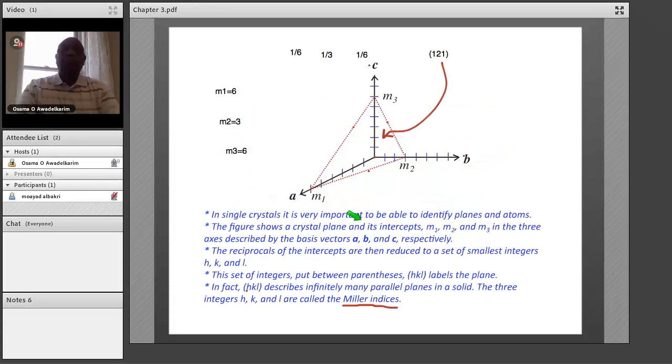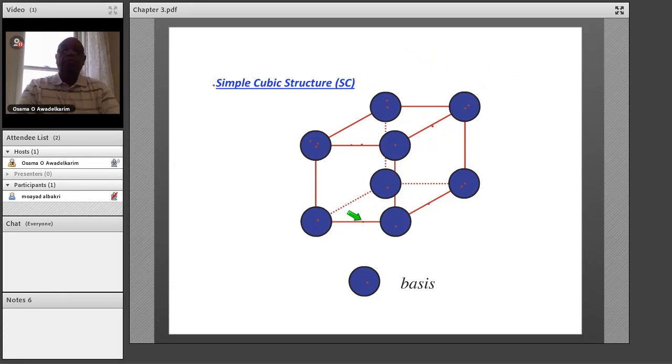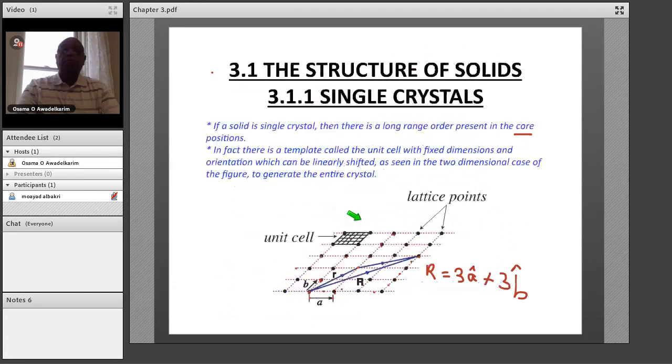If I go back to one of the very first slides, this is my origin, this is a point, and I have written this vector r as 3a plus 3b. So these two integers, 3 and 3, define this